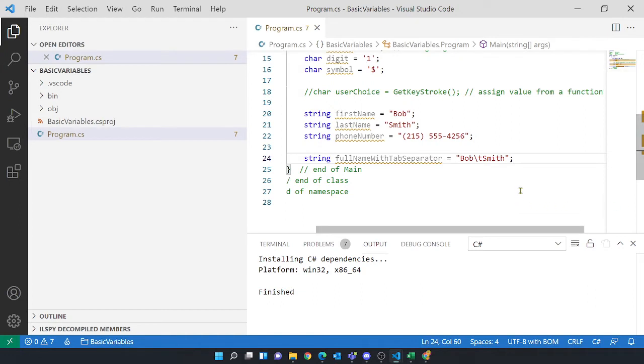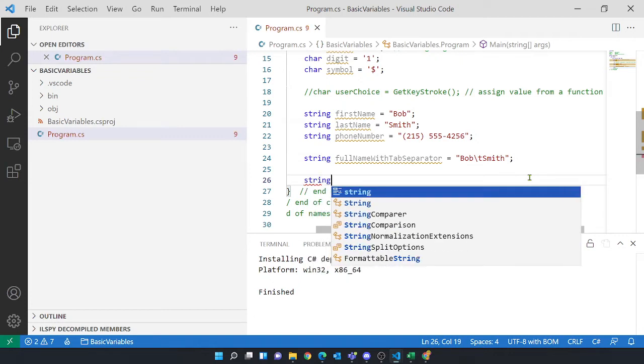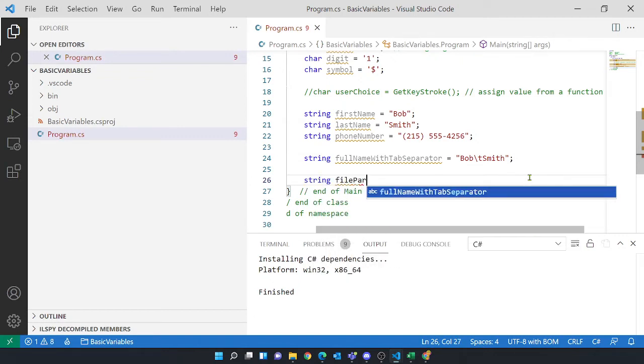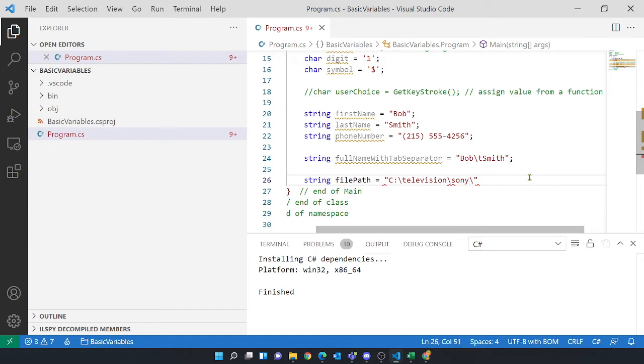We can look at those escape sequences in a little bit different of a light. Let's say we have a variable that we want to be able to hold a file name. The file name is on our C drive, so we start it with C colon, and then we do a backslash because that's the normal separator in file names. Television, Sony, Bravia. We're going to find a text file here. Now when we do that, we get errors,